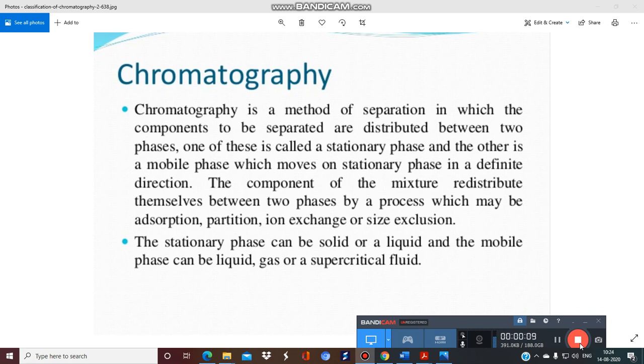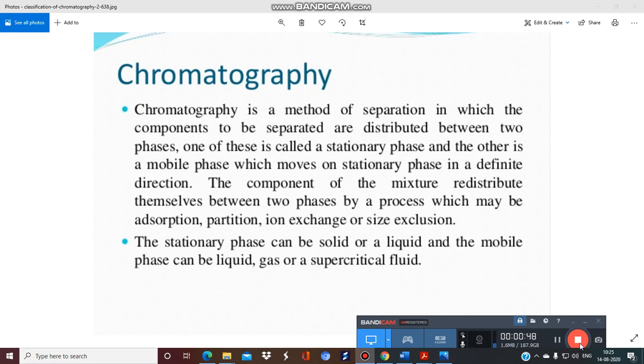So we have started a very important topic, that is chromatography. So far we have covered the general definition of chromatography, the basic principle involved, that is adsorption and partition. In this video tutorial we are going to cover another important chromatographic part, that is the classification of chromatography. And I hope you remember that we have discussed that different scholars have classified chromatography in different ways. So we will do some important classification of chromatography.